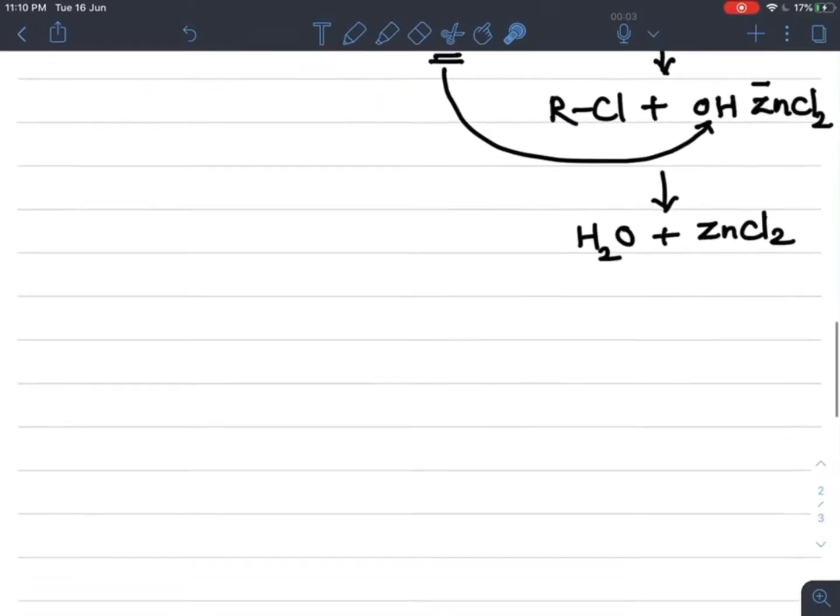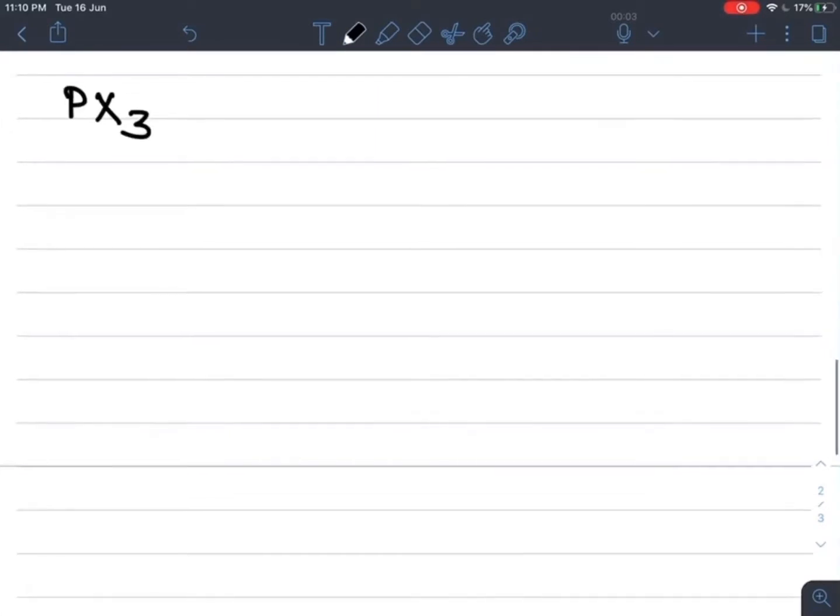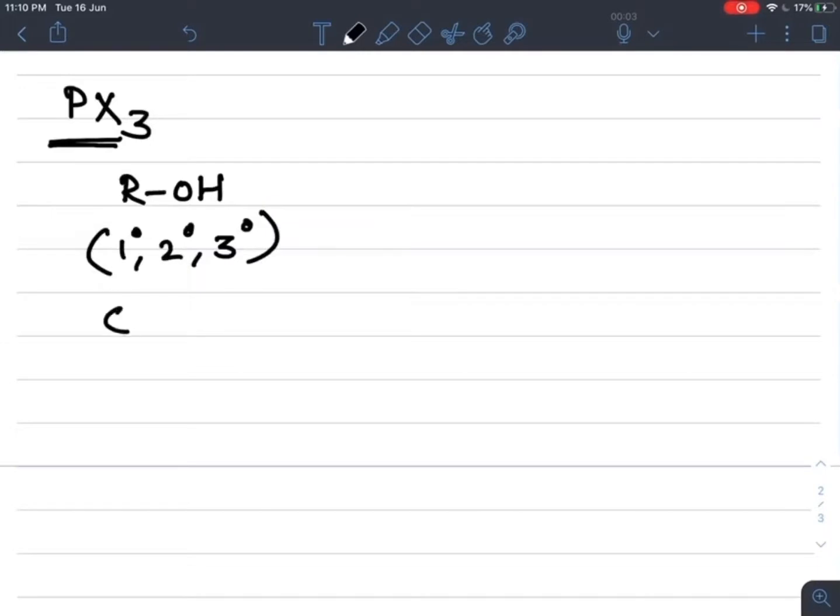Now next, the second reagent is PX3, phosphorus trihalide. This reaction you already studied in halogen derivatives, but we can revise here. Any alcohol, that is ROH, may be primary, secondary or tertiary, and in these alcohols the C-O bond breaks, so its reactivity order is tertiary alcohols are more reactive than secondary than primary. So when this alcohol is treated with